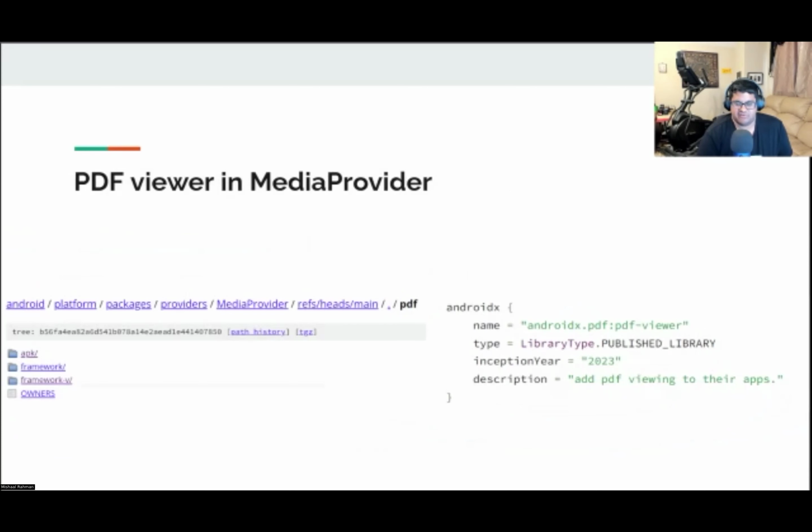Moving on to the media provider module, Android 15 is adding or preparing to add a native PDF viewer to the module, as well as native PDF rendering APIs that apps can access through a new Android Jetpack library. Android's existing PDF SDK is only intended for print previews, and from what app developers have told me, is quite old and janky. For example, the existing PDF SDK renders PDFs as images that you then display as pages inside your app, which is not great for accessibility as they are difficult to extract text from and read.